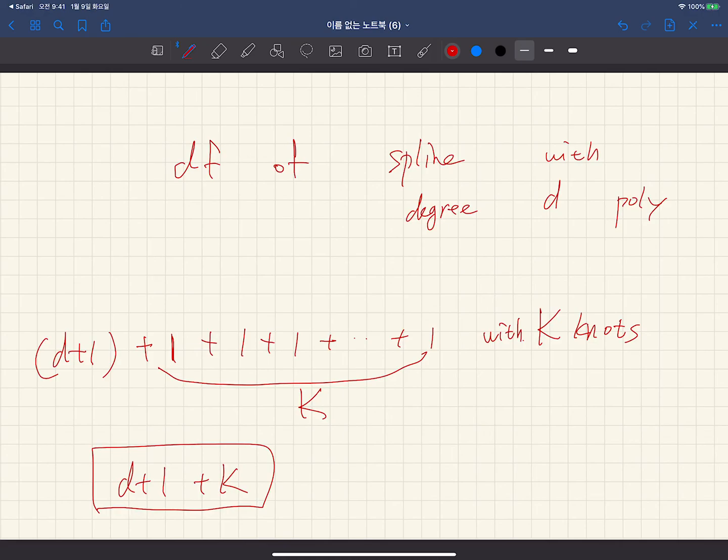And in general, many people love to use cubic splines. Cubic spline is the most popular selection for your spline method, and cubic spline has 3 plus 1 plus k degrees of freedom. Okay,